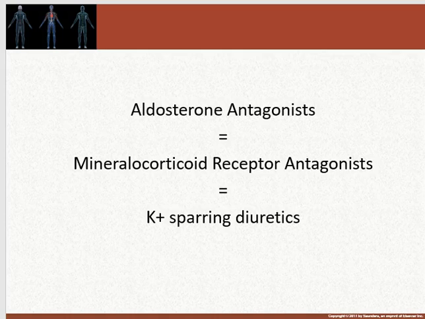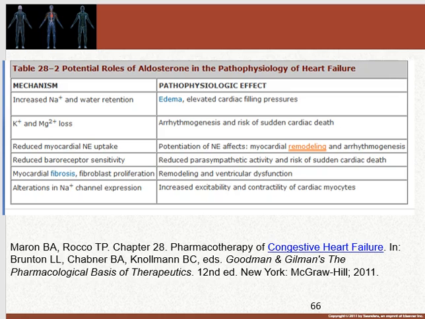So the last group of drugs that we will discuss for heart failure include the aldosterone antagonists, also known as the mineralocorticoid receptor antagonists, also known as the potassium-sparing diuretics. Any of those terms are equally appropriate for this next group of drugs we're going to discuss. So understand that aldosterone has